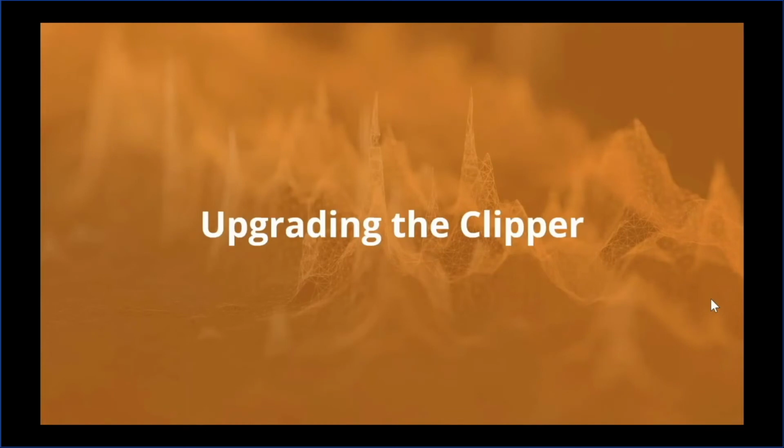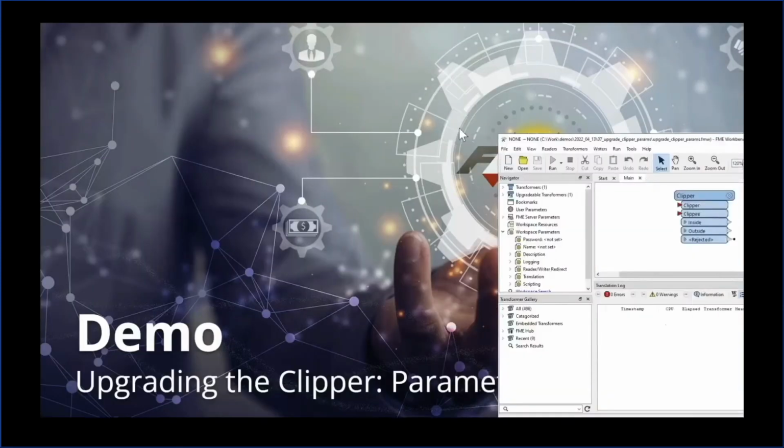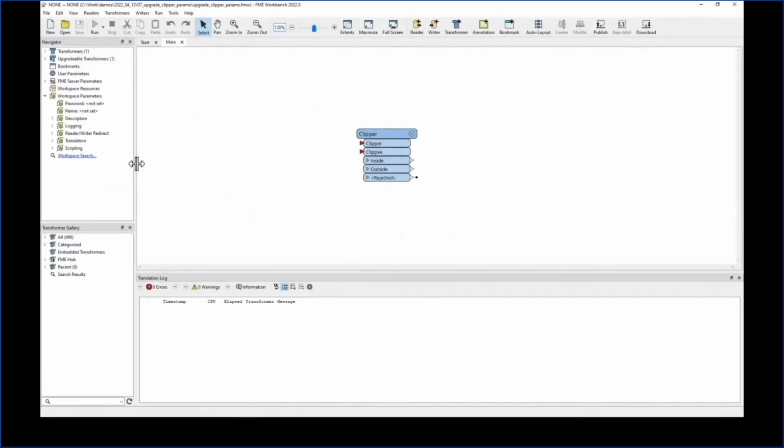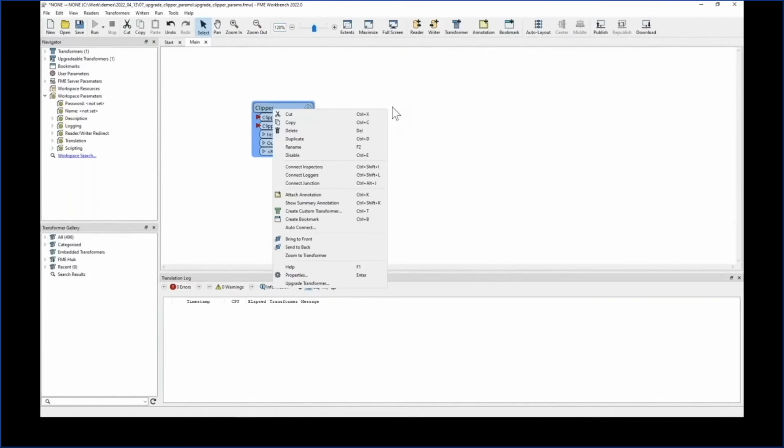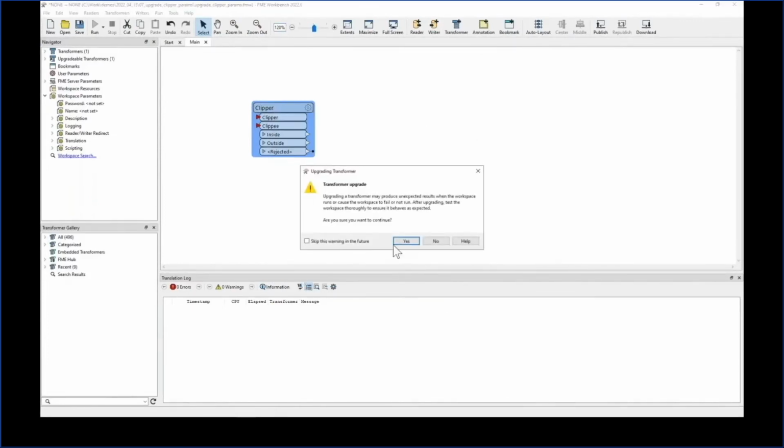And that is the end of our driving tour of the Clipper parameters, but there are a couple more things I want to talk about. The first of which is upgrading the Clipper transformer from previous versions of FME. So this is a Clipper I dropped down to a workspace in FME 2021. And if I would like to upgrade it to version 14 in FME 2022, I right-click, I click Upgrade Transformer,